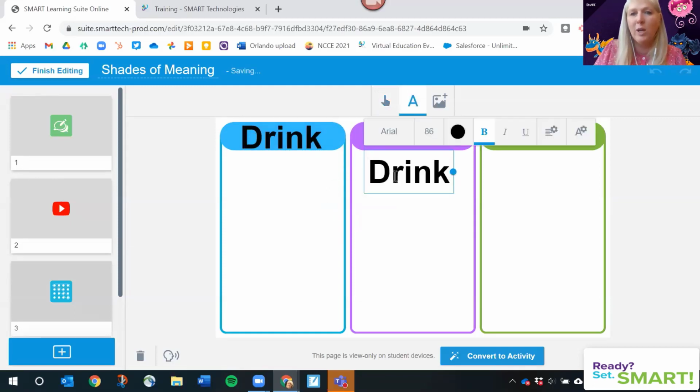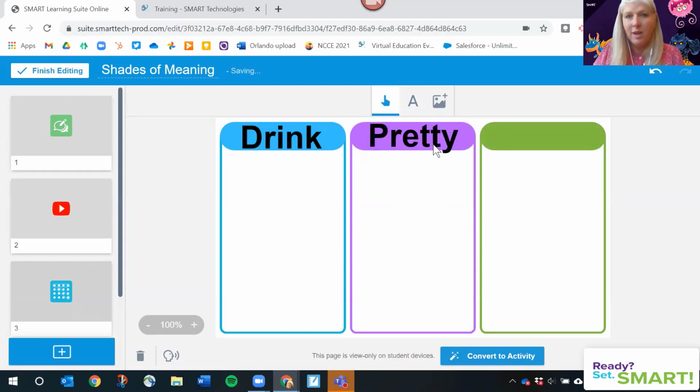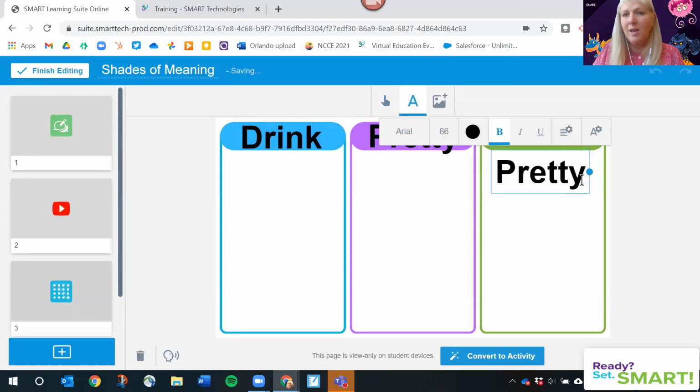I'm always looking for shortcuts, right? And I think on this one, I'm going to do the word pretty. Let's resize that one a little bit. And then I'm going to duplicate that one. You get what I'm doing, everybody? And now what I'm going to do is I think the word walk is a good word to do shades